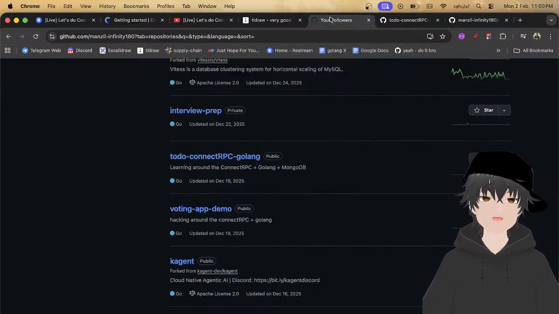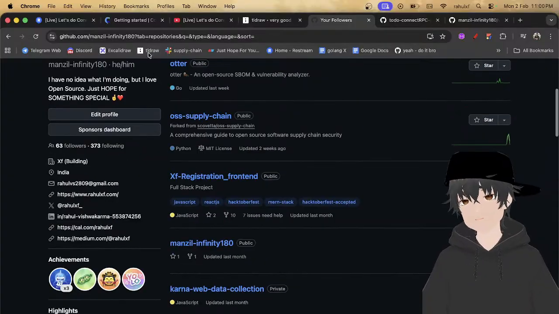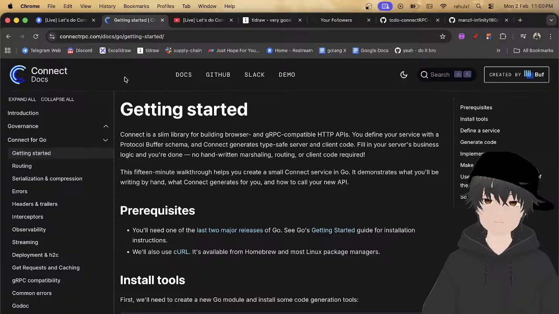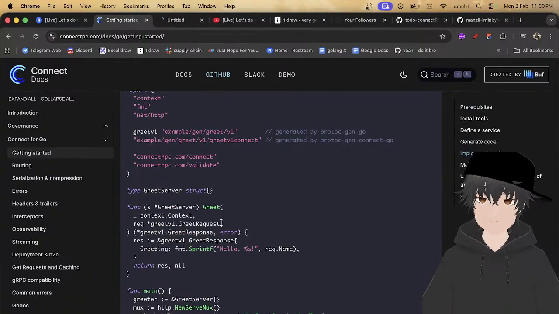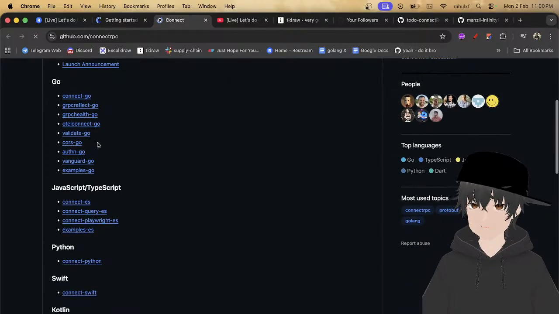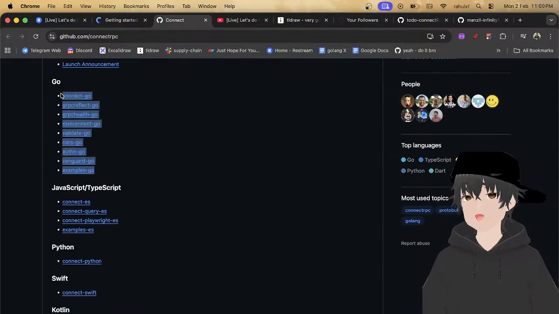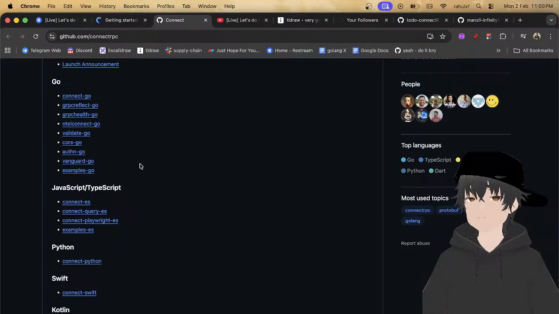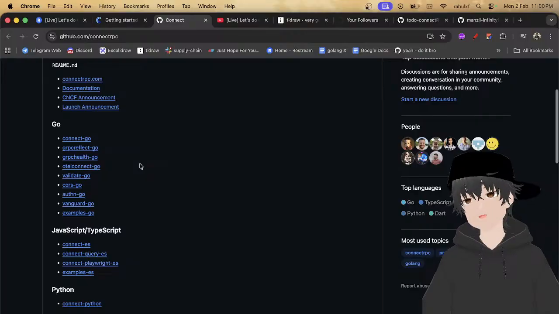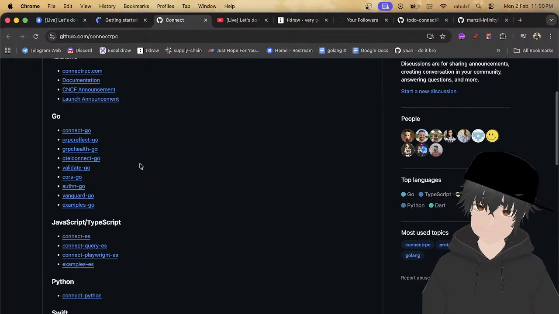Not just this. If you go to their GitHub, they have a bunch of examples around Golang. They are mostly around Golang compared to JavaScript, Python, or some other.